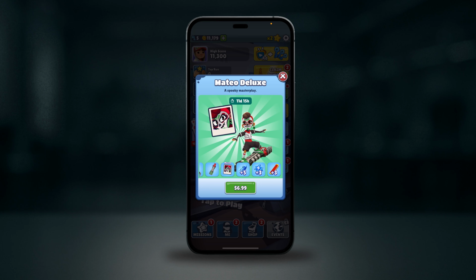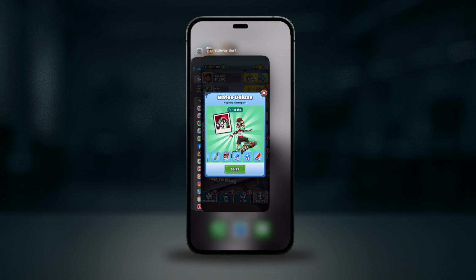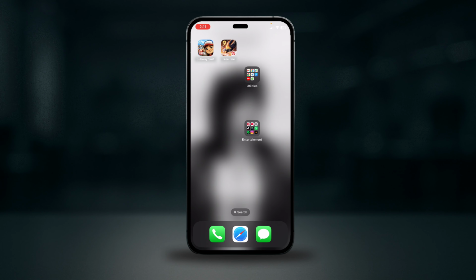Hey everyone, welcome back. Did some of your characters or hoverboards stop loading in Subway Surfers after the latest update, showing up blank or missing? Here's the fix. First, force close Subway Surfers completely from your recent apps and then wait for a few hours